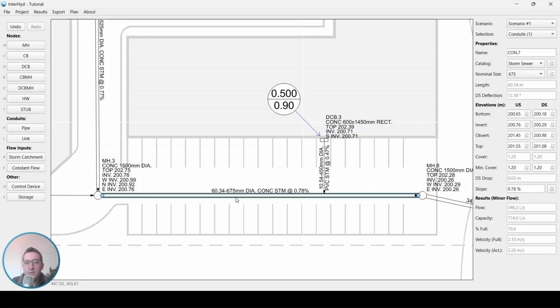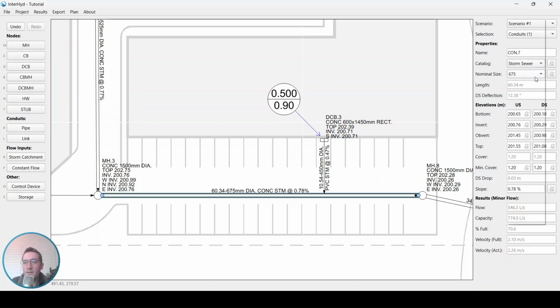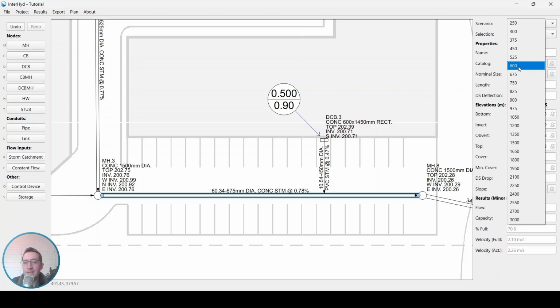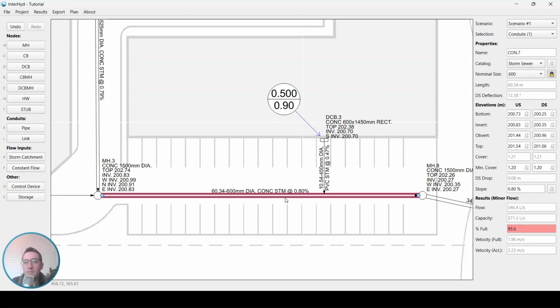So in this case, this is going to be a 675, and InterHyd is selecting it from this list. If you were to override this and select a smaller pipe, like a 600, you'll see that it highlights red. When you click on it, it's going to tell you specifically what the issue is. In this case, the percent full is 95%, and that's higher than the criteria that I've got this set at 90%. So to reset that, you simply click the lock icon, and InterHyd will recalculate what that minimum pipe size